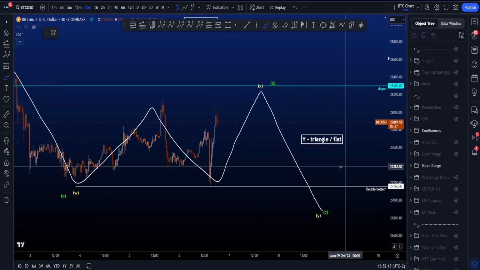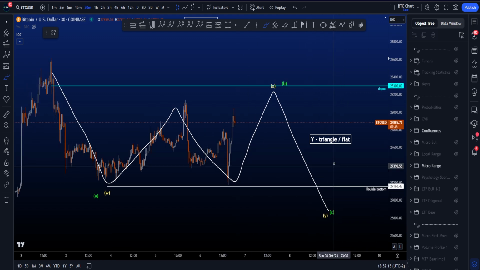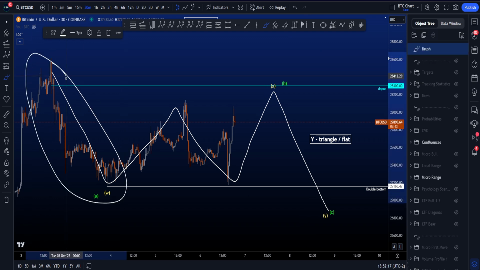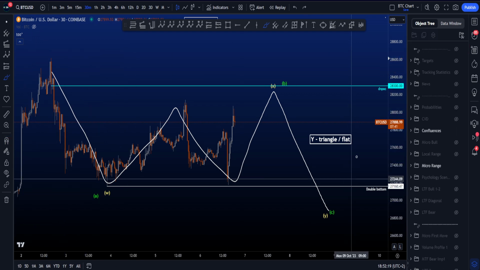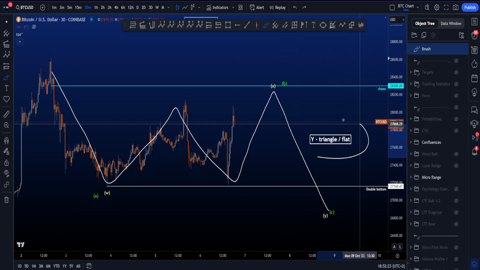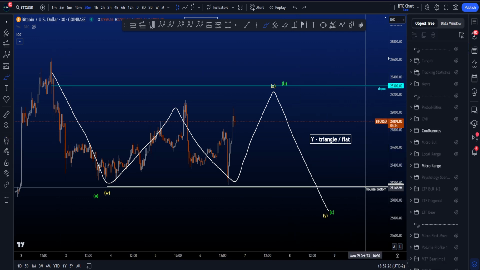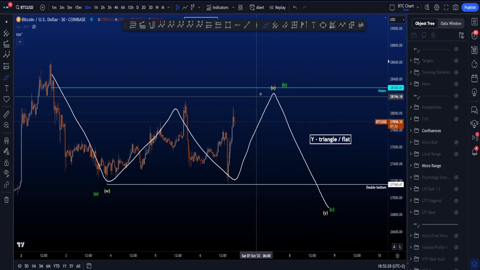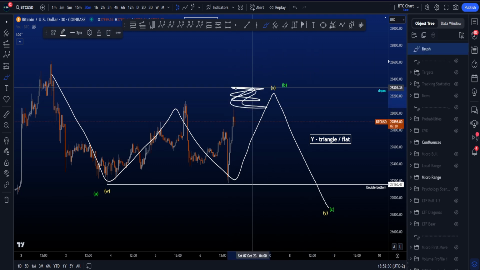So in this scenario, when we look for a WXY, because wave W in the count is then an ABC zigzag, wave Y is not allowed in a sideways double combo to be a zigzag as well. So Y has to be a triangle or a flat. And I think a flat might be very attractive, that if we can make the high of X somewhere here,